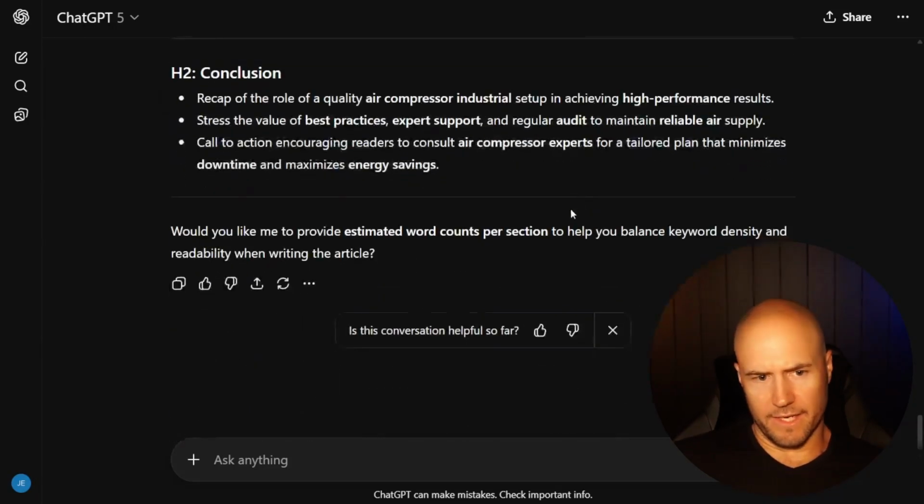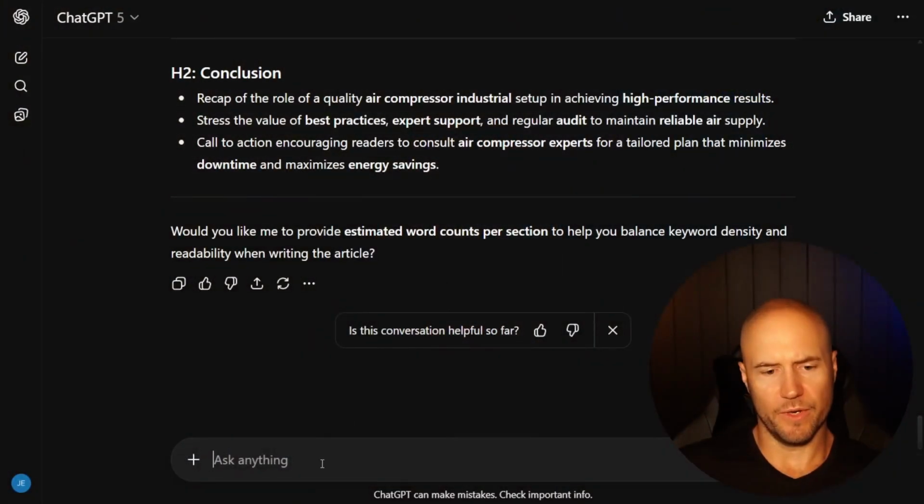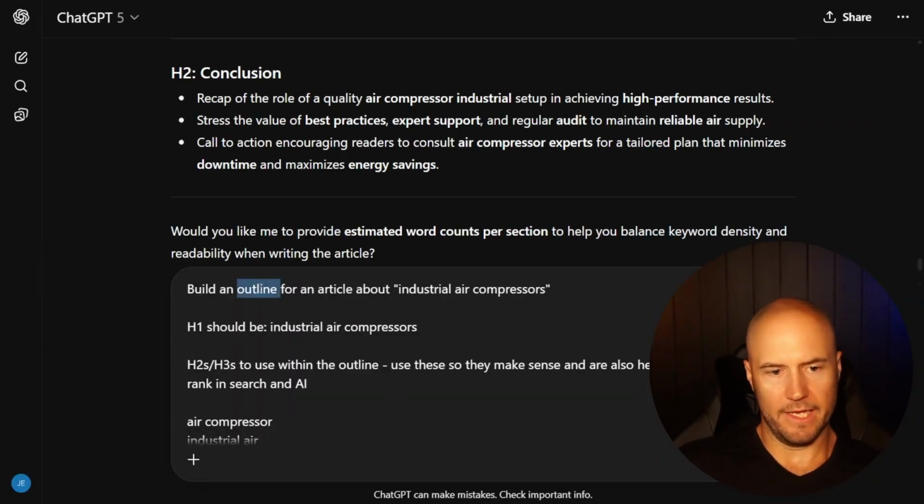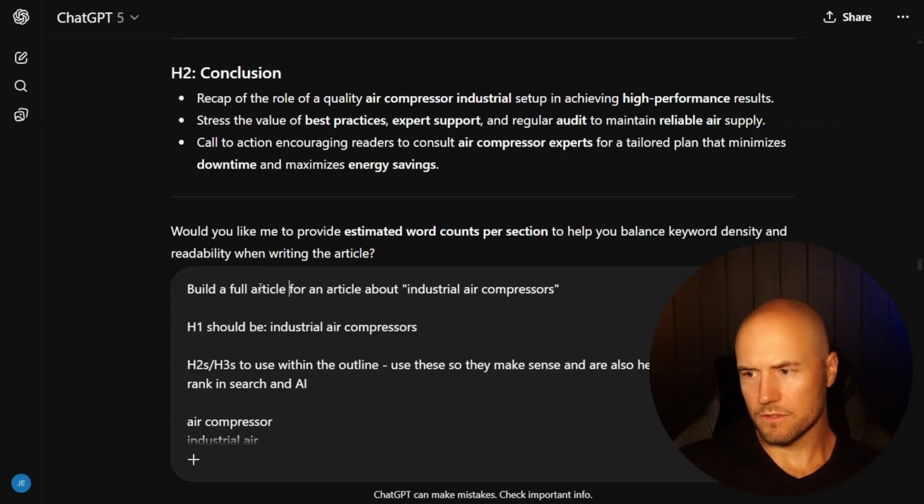Now let's take this to the next step. And what I will do here is, instead of building an outline, we'll build the full article, but we'll add in a couple of different elements that really help with rankings to improve not only this page, but other categories on the site and potentially other products, and also helps you rank in AI. So first thing to do here is basically copy that same, we have all that data already. So we need an outline. So now we need a full article